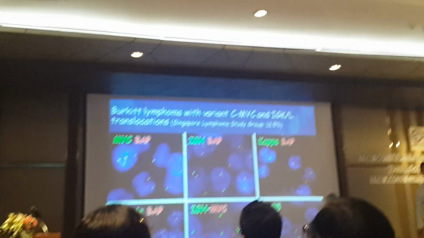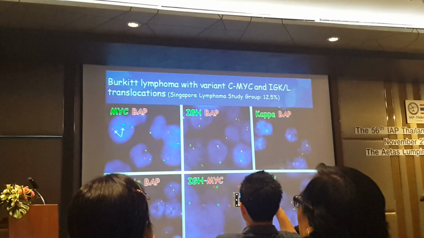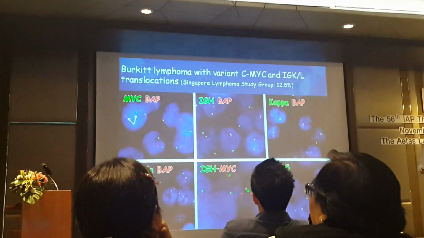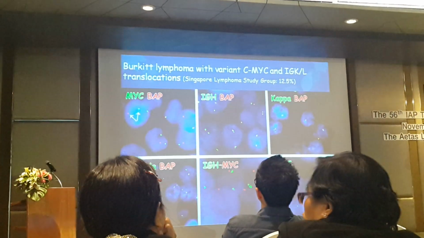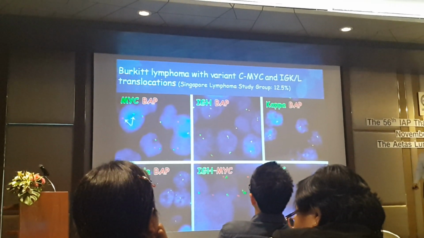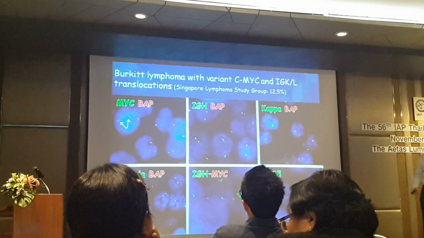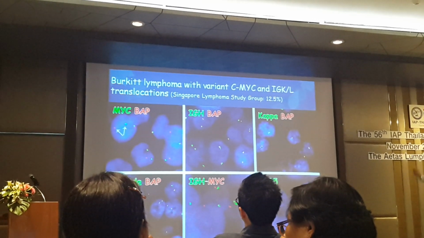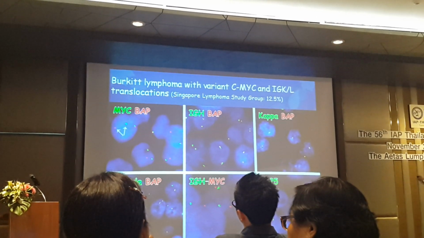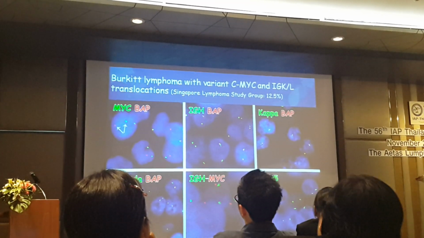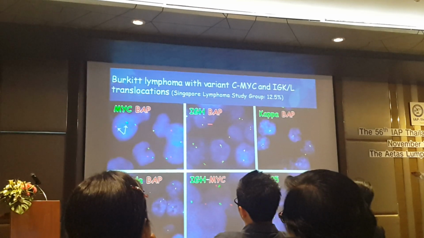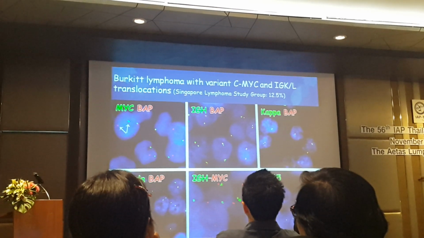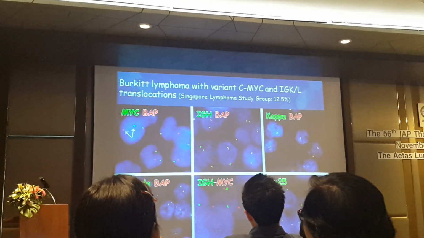The other thing about Burkitt lymphoma, however, is that if you use just a dual fusion probe, the 8;14 translocation probe, to recognize Burkitt lymphoma, you will see some cases where it is Burkitt lymphoma, but your FISH will be negative. The reason why it's negative is because c-MYC is not translocated to the IgH gene, so therefore your 8;14 translocation is absent, but instead c-MYC may be translocated to a light chain gene, like kappa or lambda. So this is the case where c-MYC is translocated, but you can see that IgH is intact, and instead c-MYC is translocated to the Ig lambda. So that is also